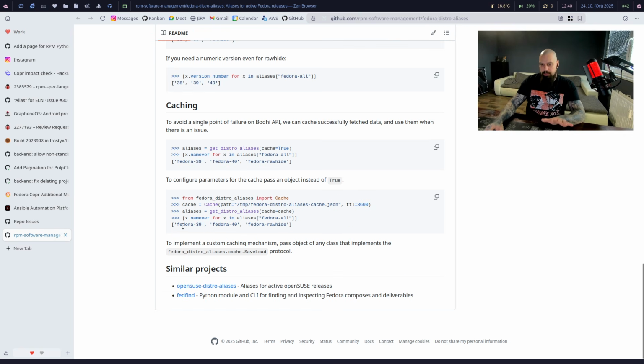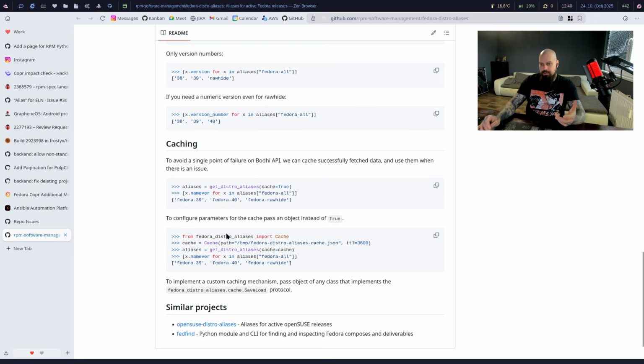So let's talk about fedora distro-aliases. Why would you want something like this? I don't know about your use cases, but at some places in my project, I sometimes want to, for example, programmatically create a new Copr project and build inside of it. Now, what if I want to build into all supported Fedora versions? Then I needed to list all of them manually, which is fine. But then